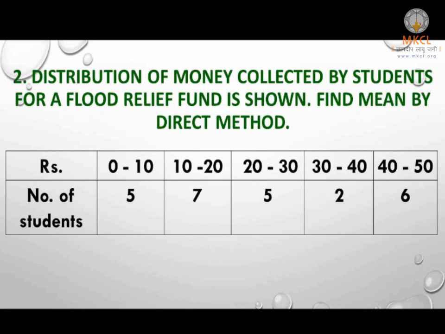Another question that may appear is finding the mean by the direct method. There are 3 methods for finding the mean, as you are aware: direct method, assumed mean method, and step deviation method. If the method is not mentioned in the question paper, you are at liberty to use whichever method you want. But keep in mind that if you decide to use the step deviation method, or it is mentioned in the question paper,